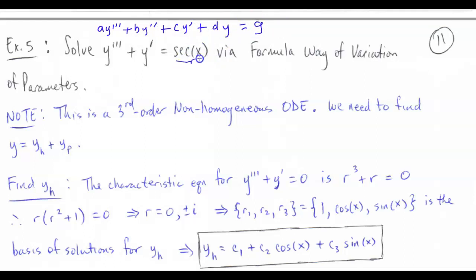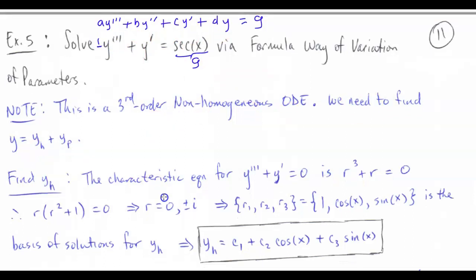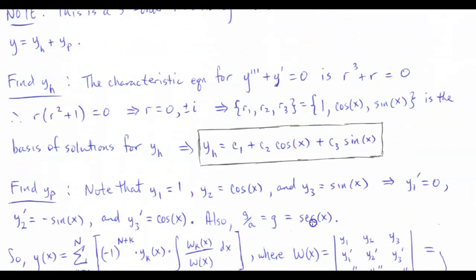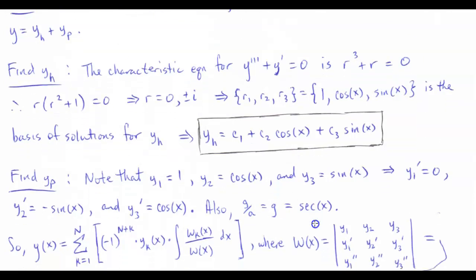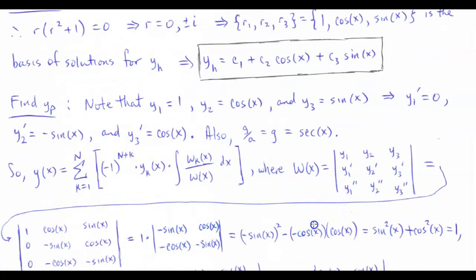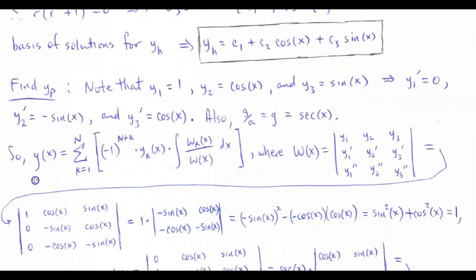So basically this secant here is what your g is, and your a is the understood 1 that's right there. So this is why here I just say that g divided by a is the same as g, which is just secant x. So in the part 1 video, I mentioned this formula that you see here, and we're actually